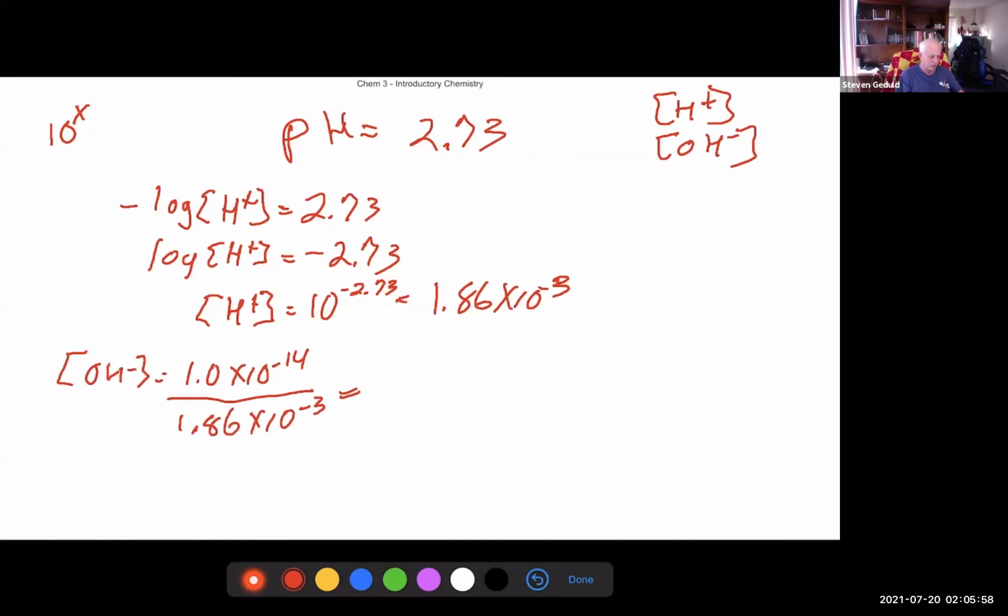Again, if you want to use scientific notation on your scientific calculator, you could put 1 EE minus 4, then 14 negative, divided by 1.86 EE and then 3, change the sign to negative, equals 5.38